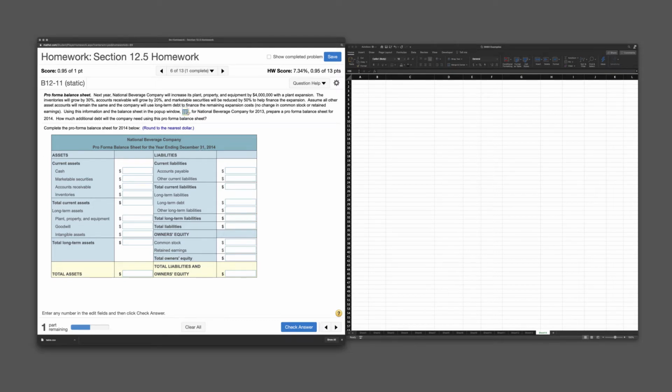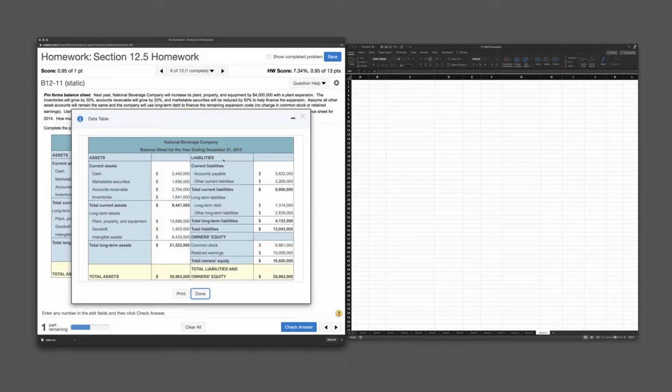Hey everyone, welcome to the pro forma balance sheet. So here we'll be creating a projected balance sheet for 2014. We're given the 2013 balance sheet and we're going to have to make some modifications based off of some planning